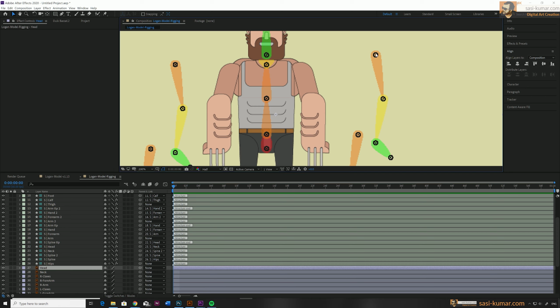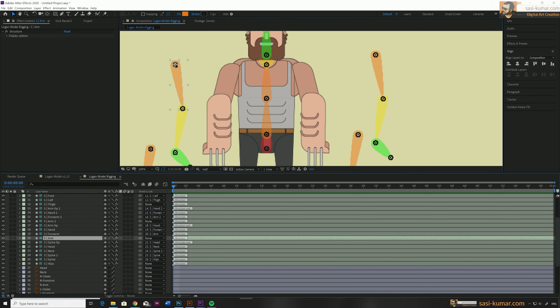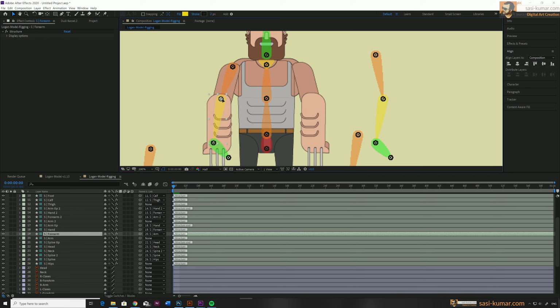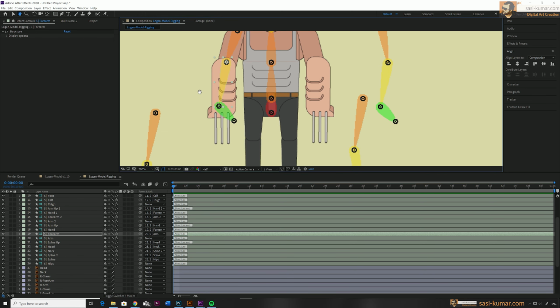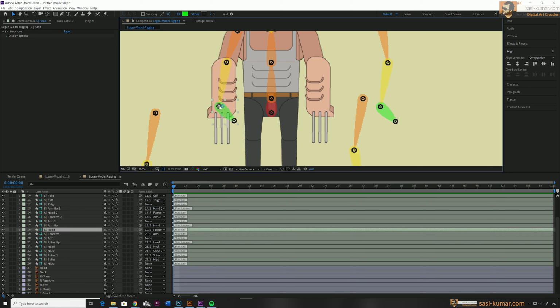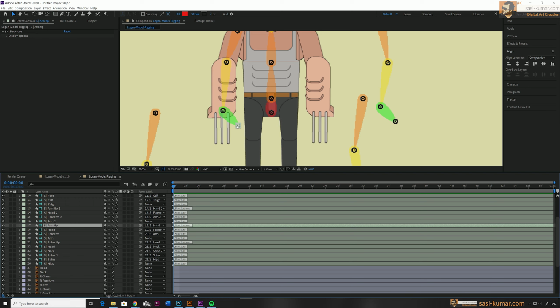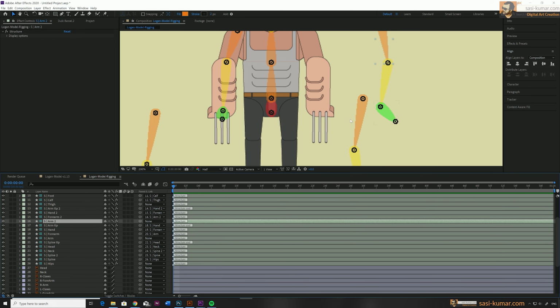Alright, so let's do the same for the hands also. I will select the hand from here, the arm. Let's bring it in here, and you can just select this and move it like this. As you can see, it's moving perfectly like a bone also, so it's easier for us to make the arrangements. Okay, this one will be the hand. I will make this one slightly smaller since our hand in the character is folded backwards. Alright, so I just bring this one to here, or maybe to the corner. I'll just leave this one here for now.